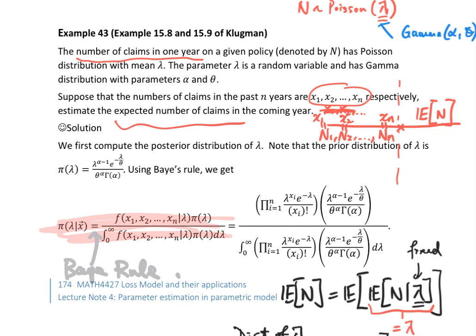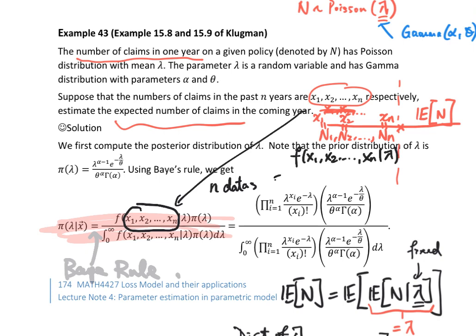Okay, this is basically what you get. Just be careful that what you are given here is a set of data. So you have n data in total, so that's why you have a joint distribution. Because all these data are independent, your joint density